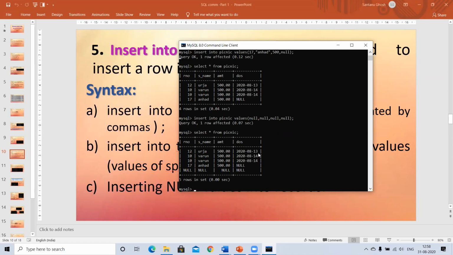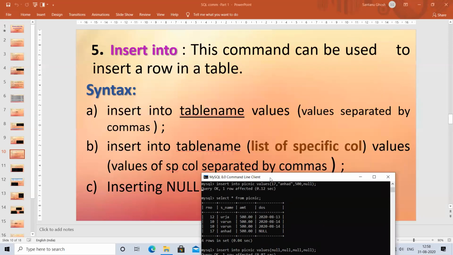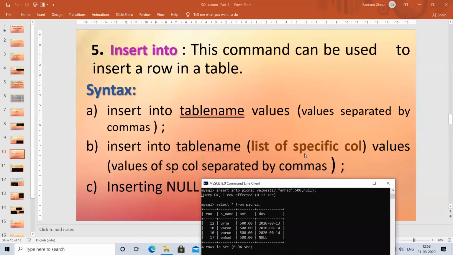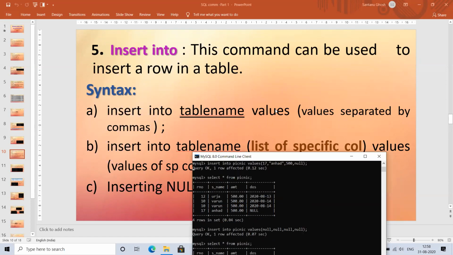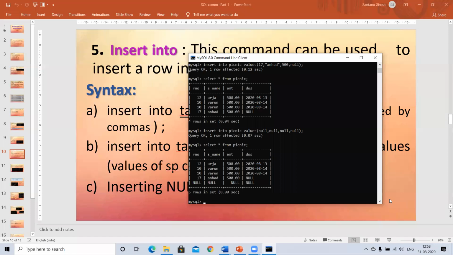Now, supposedly, I am talking about the third situation, basically the B situation here. I took the C1 first. That I want to enter specific values for specific columns. One is that for all other columns you put null. Now here it was only one column for which I had to put null, like for Anhad's entry. So it was easy for me.